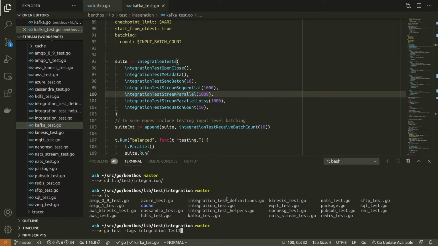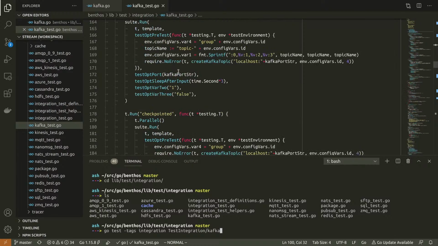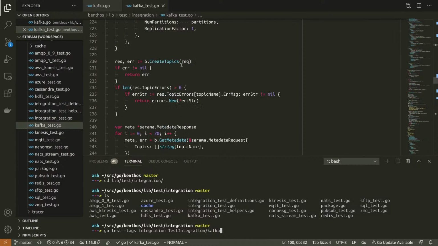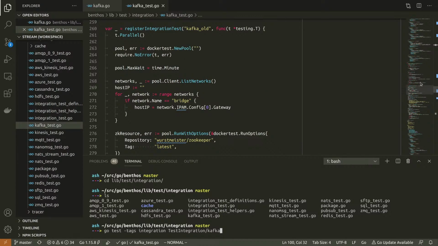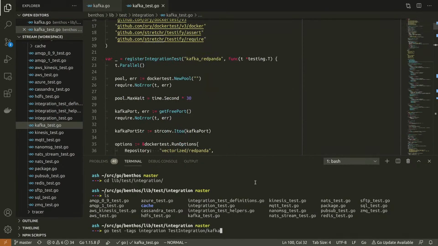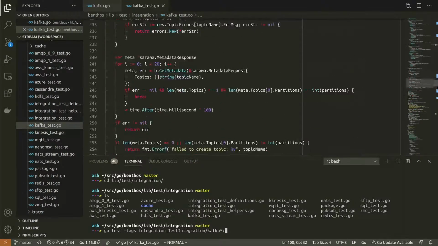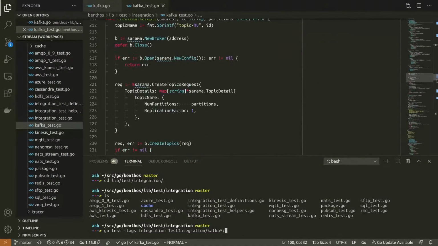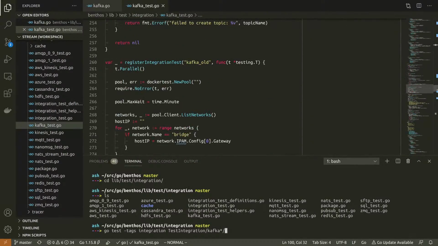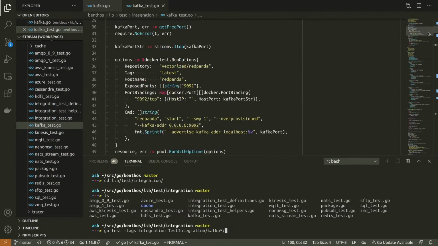I do test integration, and then the pattern is Kafka, and then I think I've called it Kafka old and Kafka Red Panda. That's not a slight at Kafka. I'm not saying Kafka itself is old. I'm just saying these tests are old and need replacing, even though they're basically the same.